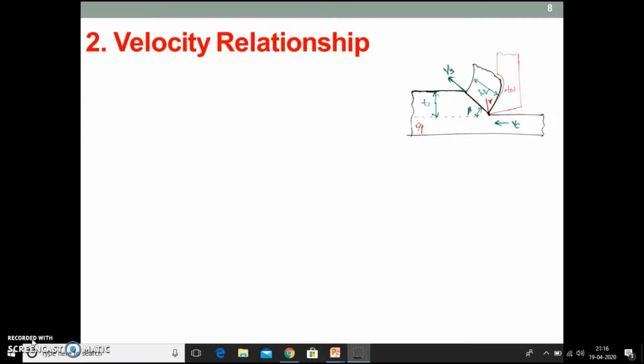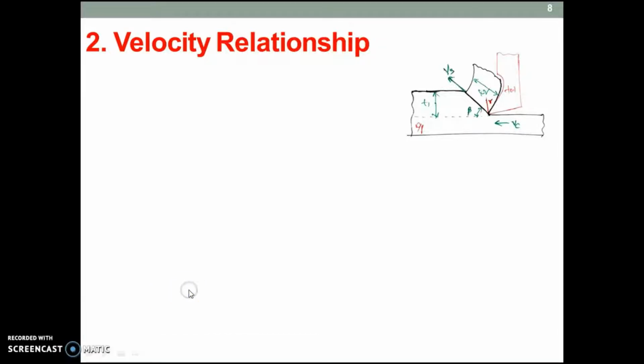Welcome to the lecture. The lecture is on machining technology and we are discussing the analysis of orthogonal machining. So in the last class we have discussed the chip thickness ratio. What is chip thickness ratio? It is a parameter which can estimate the amount of plastic deformation during the machining process. And what is the thickness ratio? It is nothing but your uncut chip thickness to the cut chip thickness ratio.